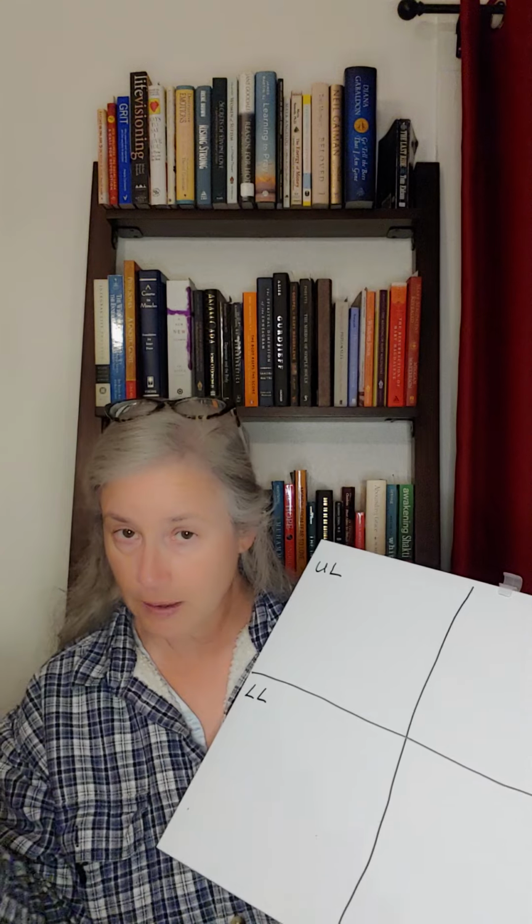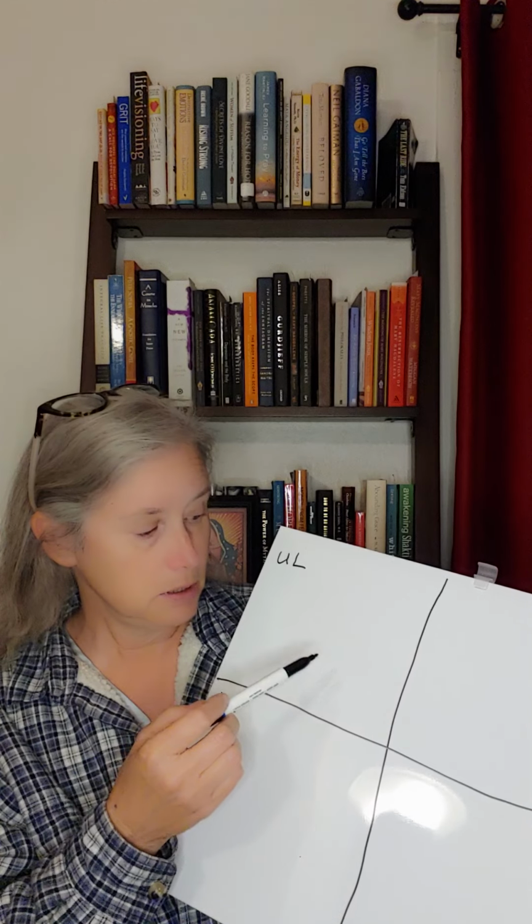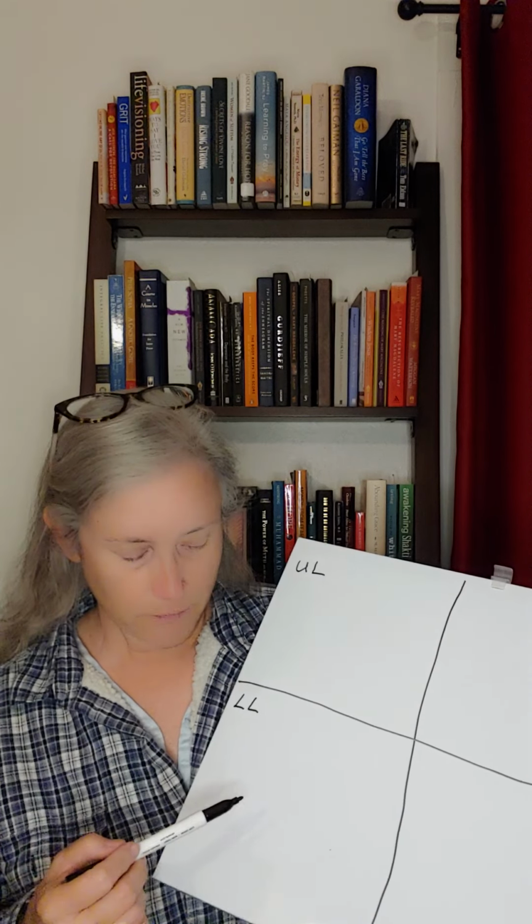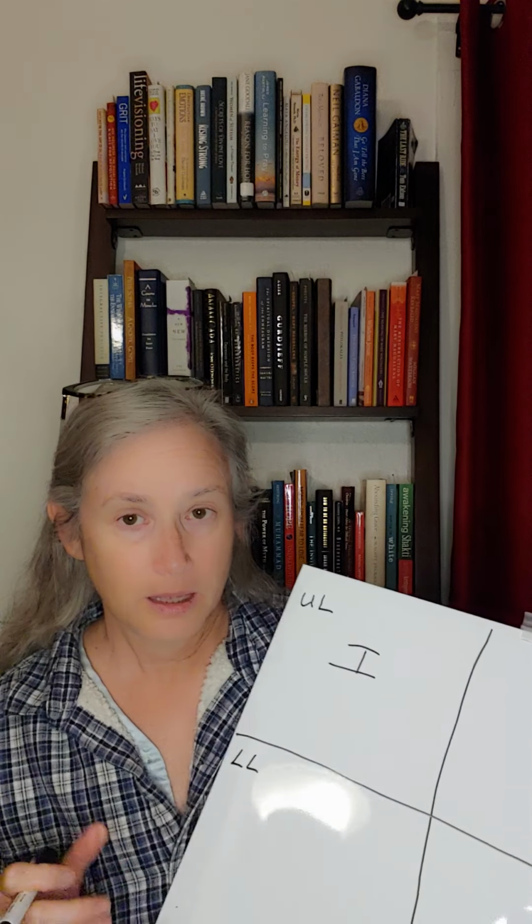And when we agree on what types of information are going to go into these quadrants, that's the beauty of this framework. There's an agreement that if we're going to talk about the upper left quadrant, we have a common agreement of what type of information goes in this square. And we also have one for the lower left and the upper right and the lower right. So we can talk about these things with one another, and we have a mutual shared reference point. Okay? The reference point for the upper left is I. It's me.